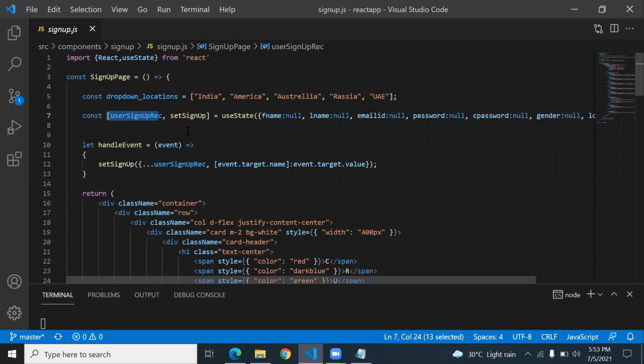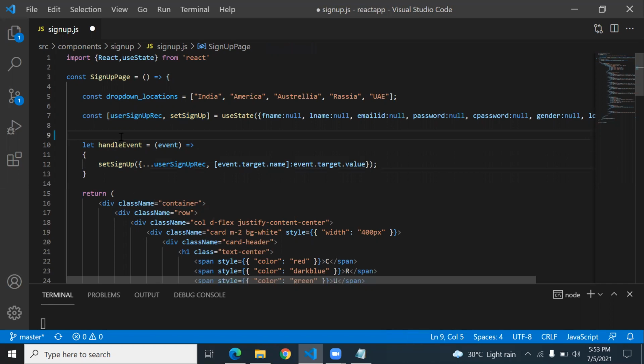So on change, I can handle the data. Here I declare one variable. We already have one function called handle event, which handles the event. I call it when I type something in the text box.